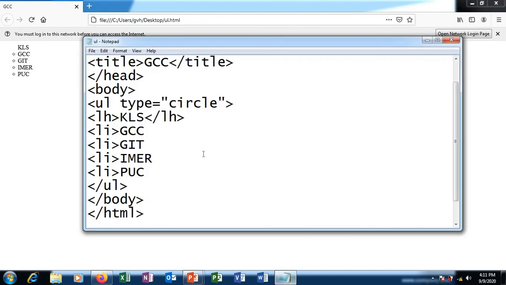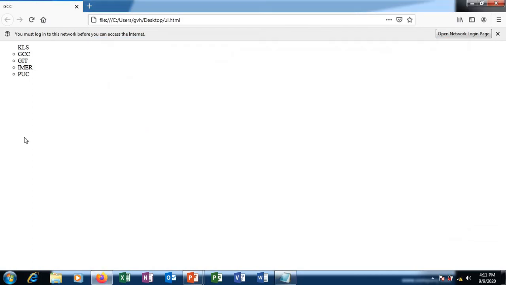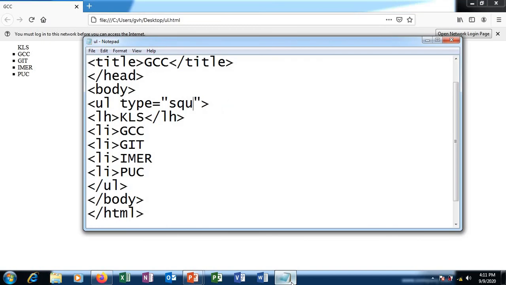The last one we have, as I said earlier, we have got only 3 options: disk, circle and square. Let me add in now the third and the last value called square. Press F5. With square, we get a square shape which is filled with black color. Now the remaining option is disk, which is the default one. The first one we saw, a filled circle, is nothing but disk. And if you are using disk, you need not mention it in type. Why?